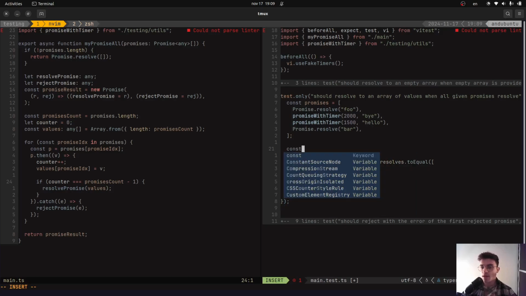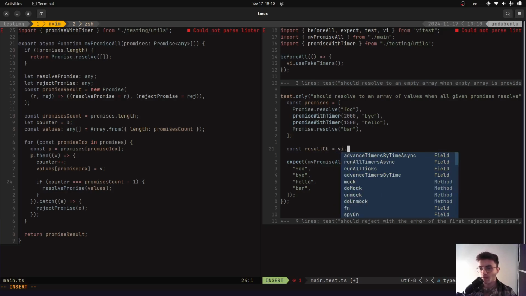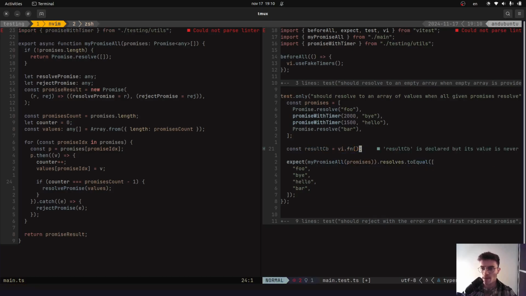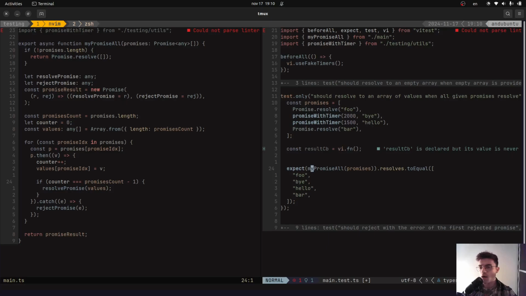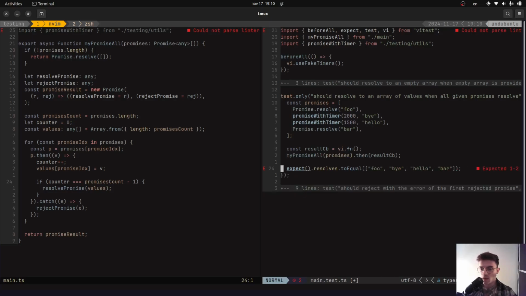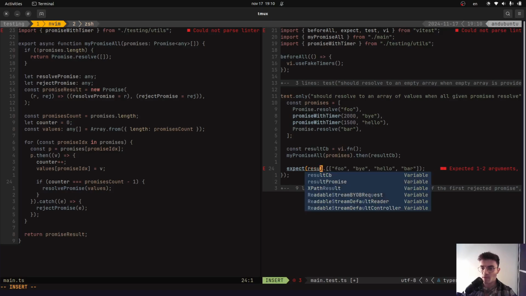So I have, let's say, result callback, and this would be vi.fn, and then I would want to extract the call of the promise to be like .then result callback. So what I want to do is, after my Promise.all resolves, I want to call this result callback, and I'm going to have to change some stuff in here. So I want to assert that in the end, the result callback,